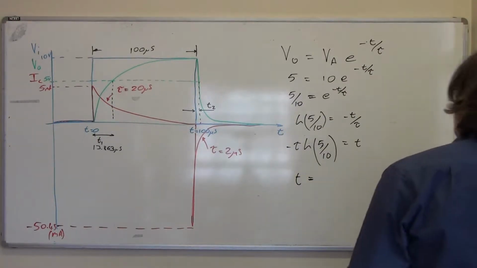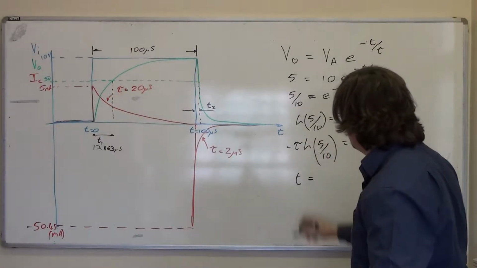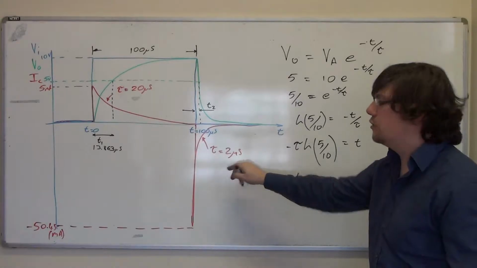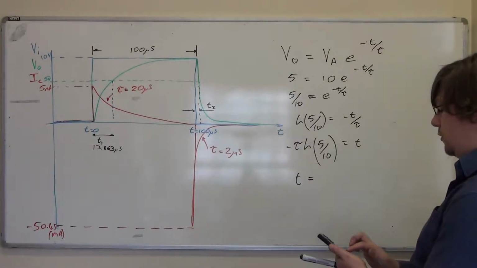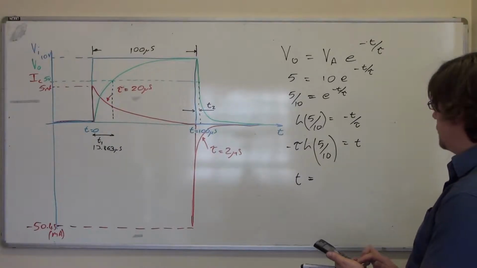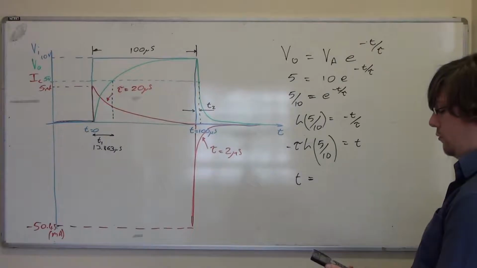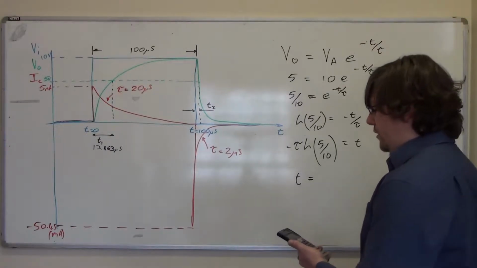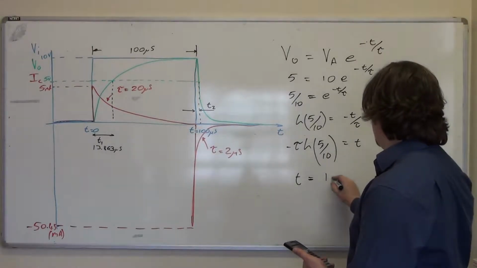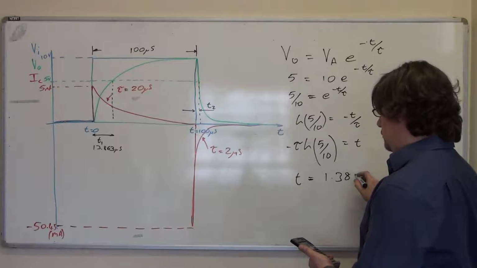If we insert now the tau in this, sorry, it's not a very good tau, is it? Tau in this case is the 2 microseconds tau. So we've got minus 2e minus 6 times the logarithm of 5 upon 10 equals 1.38629 microseconds, so 1.386